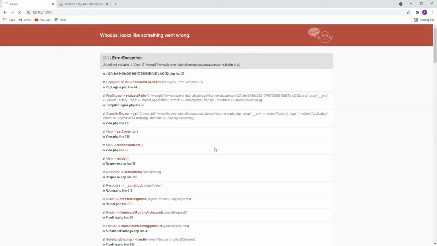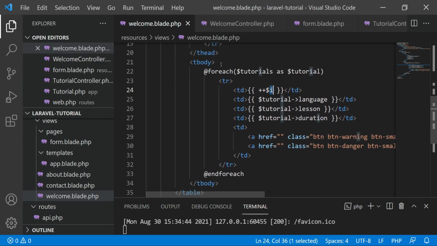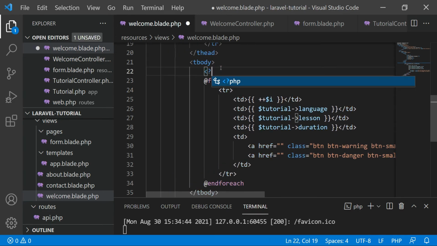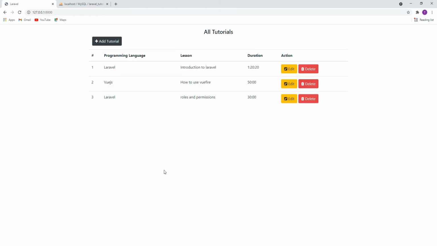So let's reload. Okay, we have an undefined I, so we are just going to define it here on top. Just write a PHP, and then have our I equals to 0. Okay, continue. There you go. So we have the